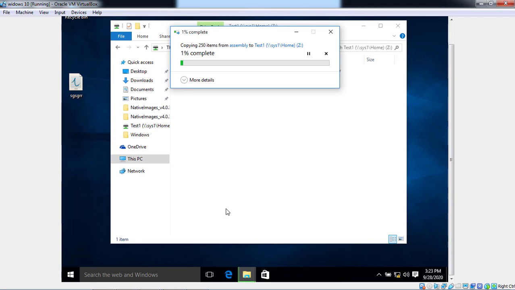Because of how much data we are carrying, it takes more time to copy and paste.